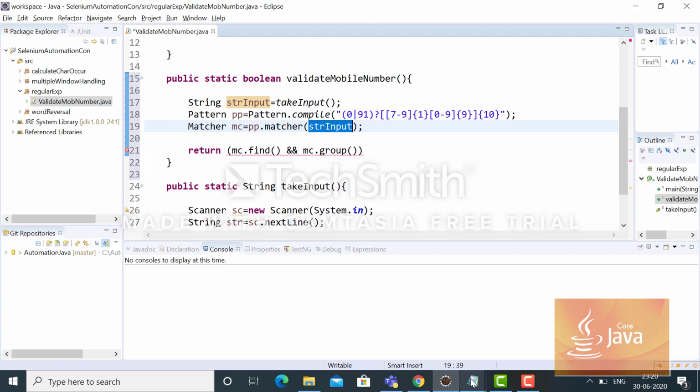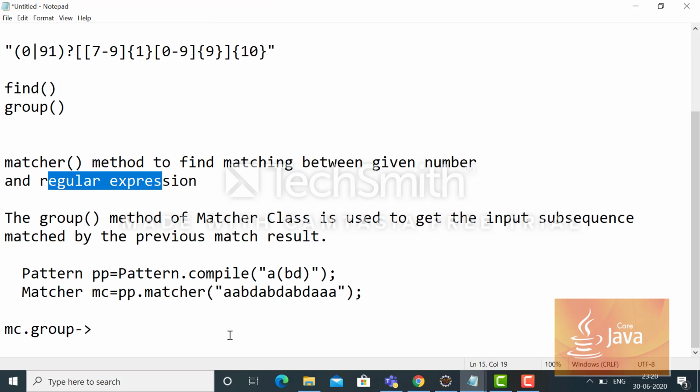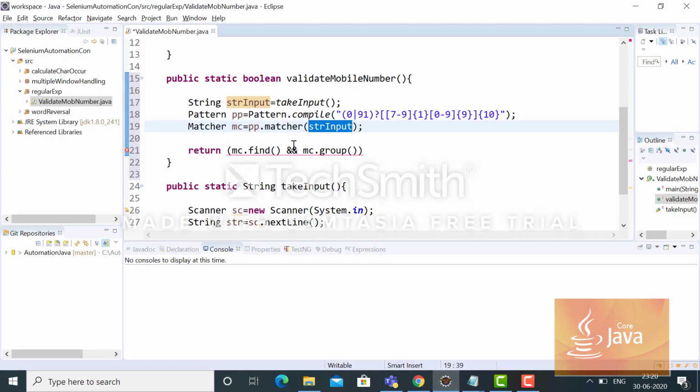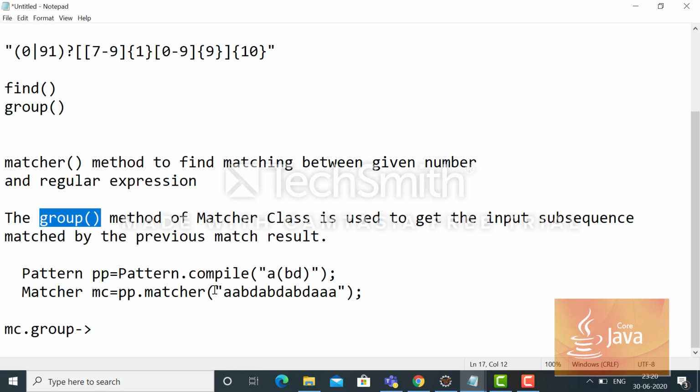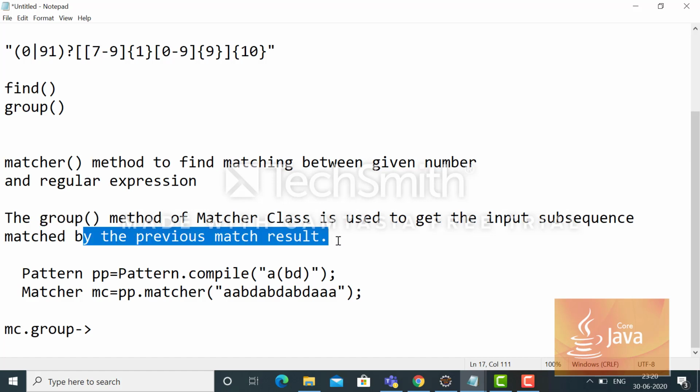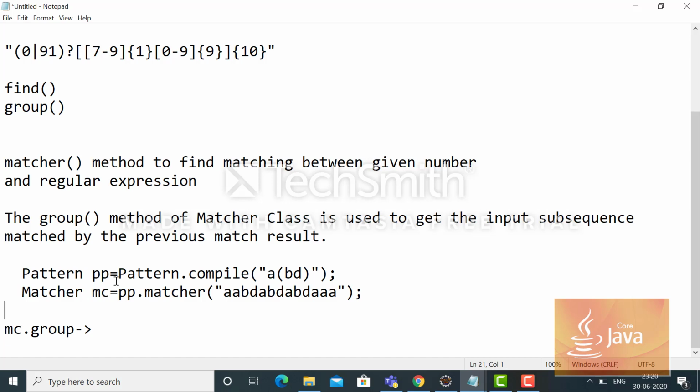That's one thing. Another thing is find: whenever any pattern matches, this find will be true. And what is this group all about? The group method of the Matcher class is used to get the input sequence matched by the previous match result. So let's say I have taken one more example, a regular expression called ABD.